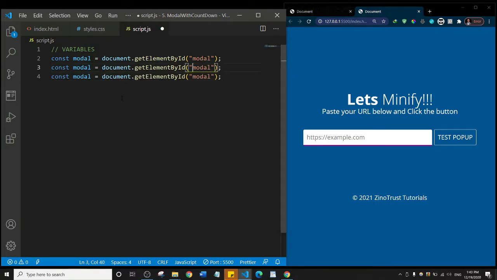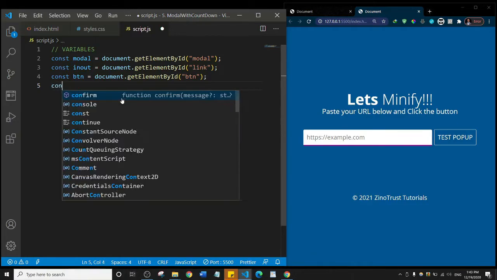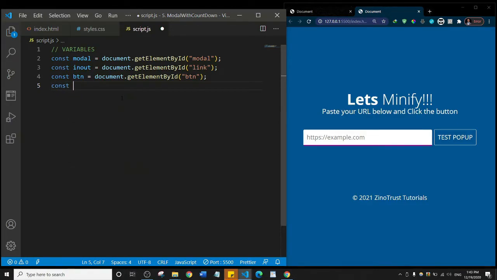Okay, and this one we're going to target the link, right? And we're going to say input. Here we're going to do btn, and we're going to target the btn as well. Then we're going to create another variable, and this time we're going to create the close variable, and it's going to be equals to